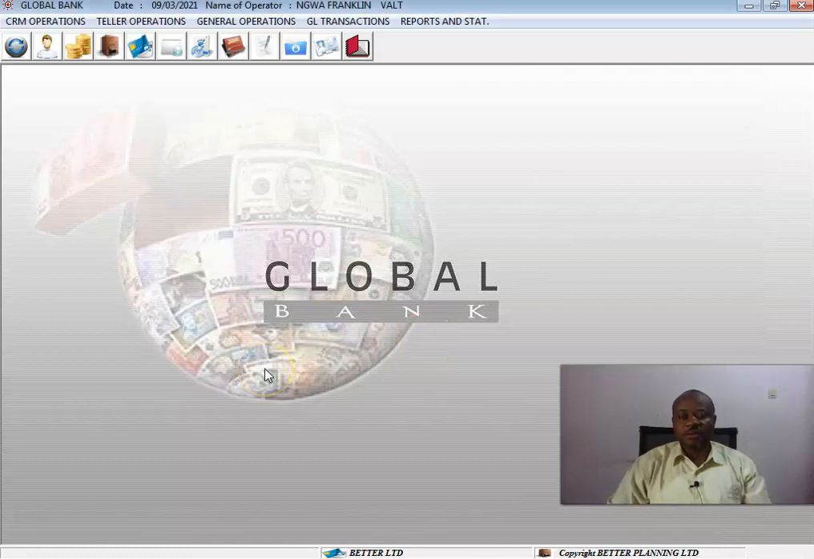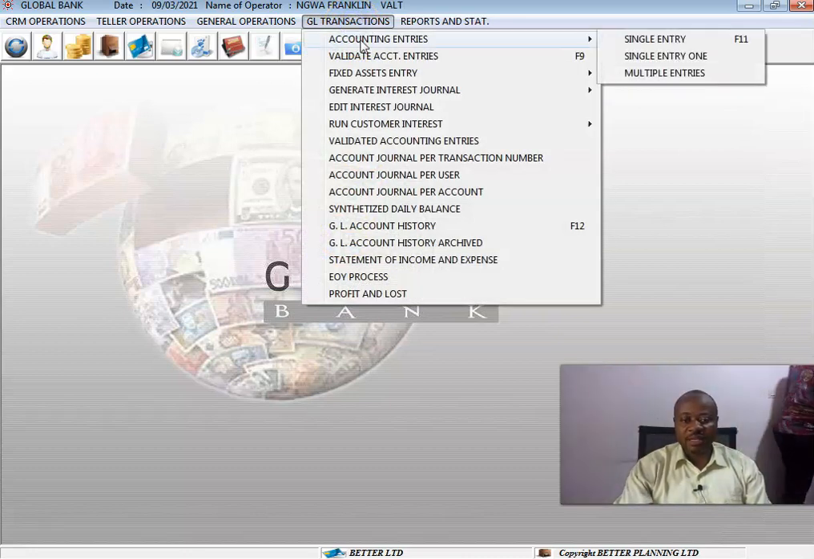In this video, we're looking at how to manage fixed assets of the institution within the global banking software. We're looking at amortization, depreciation, and how to make funds available for the purchase of these materials. So we move over to the general ledger transactions menu right here and down to the accounting